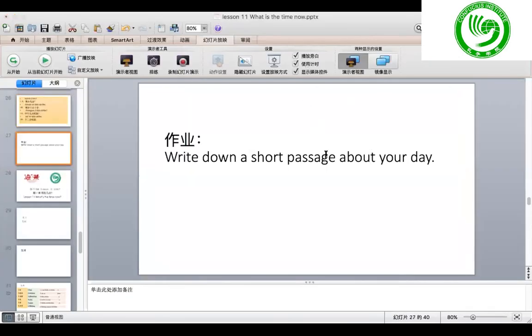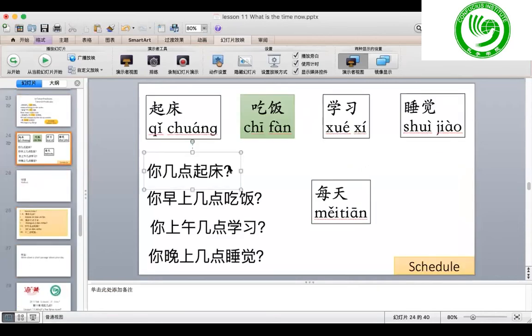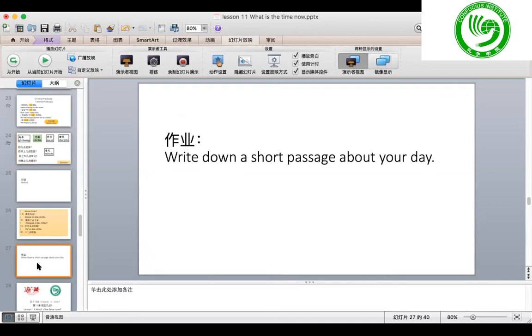So that is everything about today. And the homework for today is, please write down a short passage about your day. Use these. Just simply answering these questions, but write them in like a paragraph. 我每天早上7点起床，早上8点吃饭，上午9点学习，晚上10点睡觉。Like this. Just write down a short passage about your day. Okay? 谢谢你。